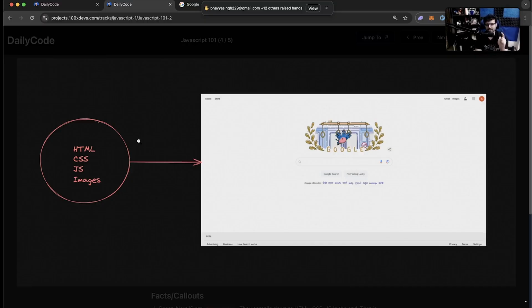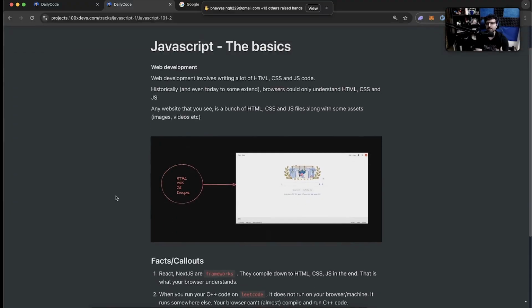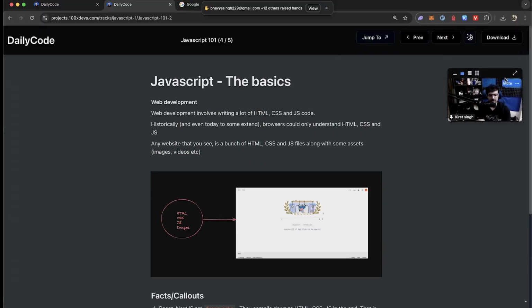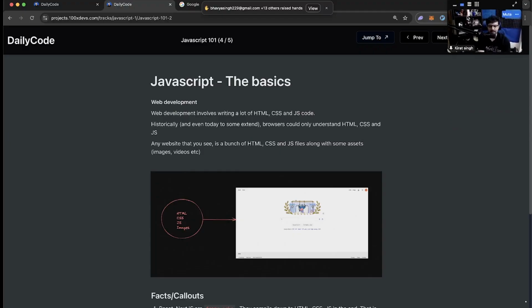This is slightly nuanced. Technically, this is not true. Your browser can actually compile and run other languages as well. But for 99% of the web, HTML, CSS, and JavaScript are the only languages that are running on a web browser when you open it. Any website you go to, these three languages are making the page look the way it does and behave the way it does. If I click on the next button over here, going to the next page happens via JavaScript. The fact that I hover over this and it becomes light blue, that happens via CSS. And the structure and text that you see over here is all HTML.